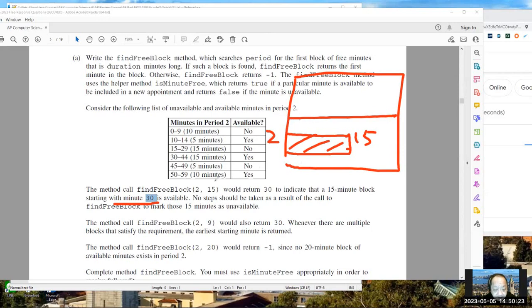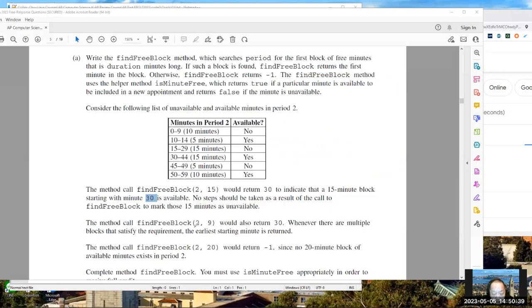And no step should be taken as a result of the call to freeBlock. Mark this 15-minute block unavailable. This means that there may be multiple blocks. Based on this, if you find that 0 to 14 is not available,